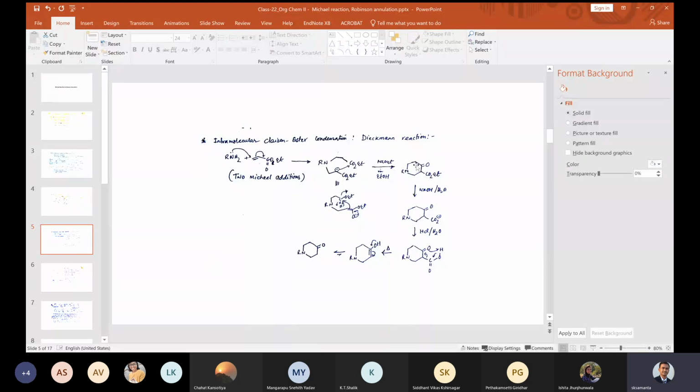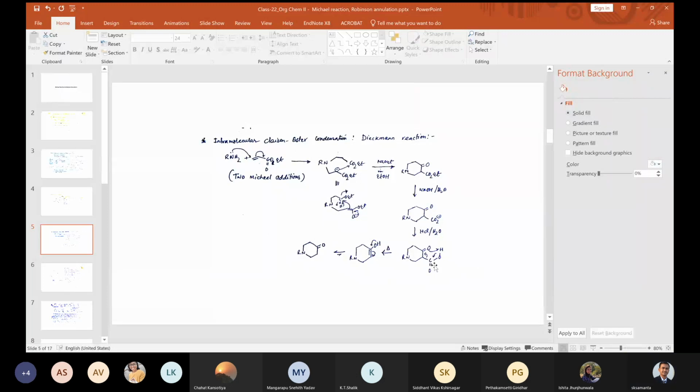Now this cyclic product can be hydrolyzed in presence of sodium hydroxide in water. What will it form? It will just cleave this ester bond and form a carboxylate anion. Then if you add acid, it will be acidified, and if you heat it, what will happen? This is a beta keto acid. Beta keto acids, if you do heat treatment, will lead to decarboxylation